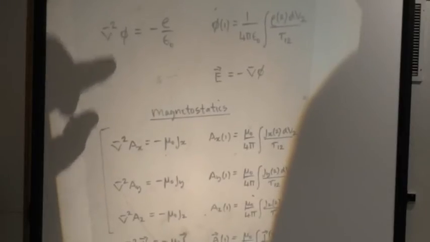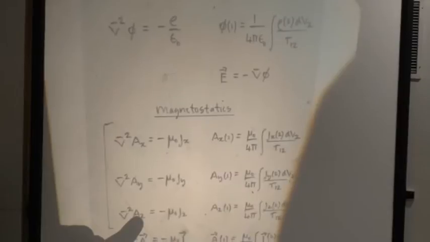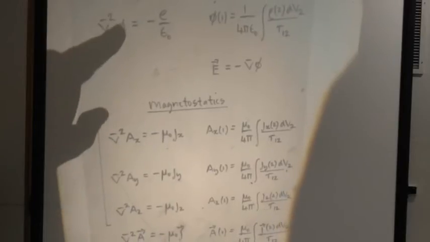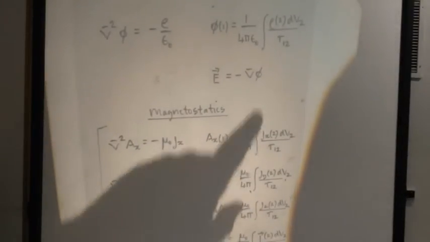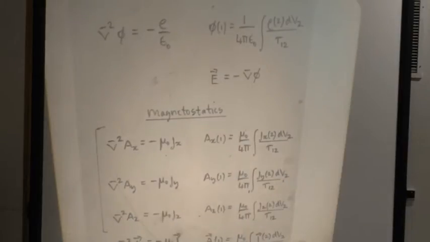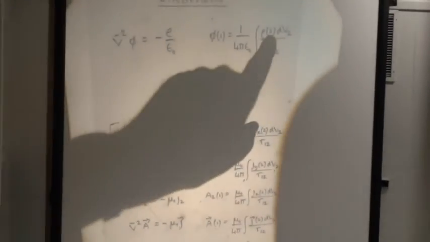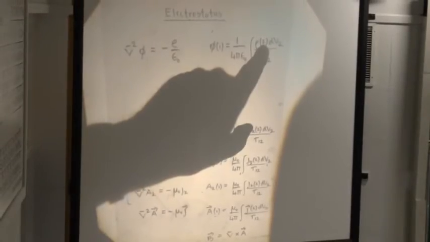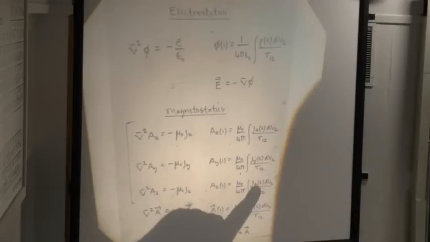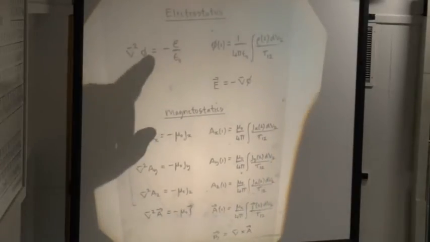To find JZ, because we've got this one-to-one mapping between these equations, all we've got to do is replace, in this case AZ, that's the only non-zero component, with phi. We replace our 1 over epsilon naught with mu naught. These constants out front, instead of 1 over 4 pi epsilon naught, become mu naught over 4 pi. And we replace our integral over all spaces occupied by charge with the integral over all spaces occupied by currents. So if we can solve this problem, we can certainly solve the